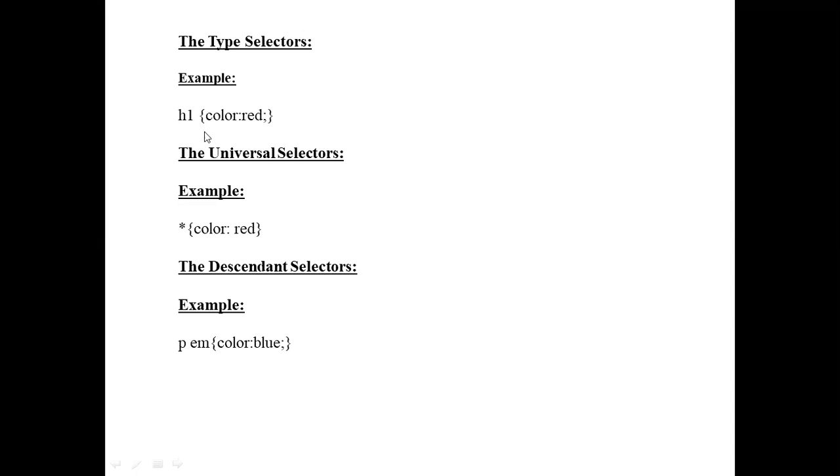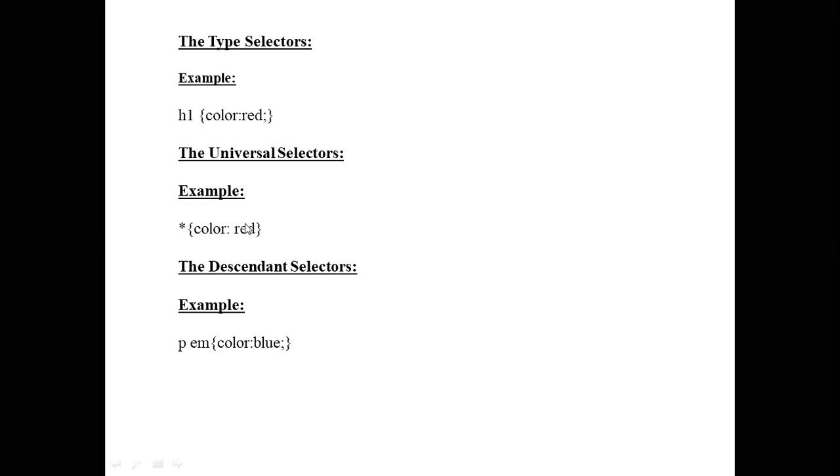Next, the second one, the universal selector. The universal selector is denoted by the star, the asterisk. That means it applies its style to all the elements in the document. So all the elements in the HTML document become red, or whatever style you applied.